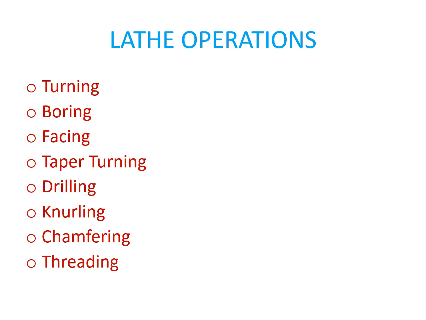A lathe machine is widely used in several industrial segments and especially in metal shaping industries. There are specific tools for specific operations as discussed in the previous slides. Like for boring there is a separate drill bit, and for facing there is a separate tool. For knurling there is a separate tool. So with variable tools we can perform a versatile range of mechanical operations on a lathe machine.